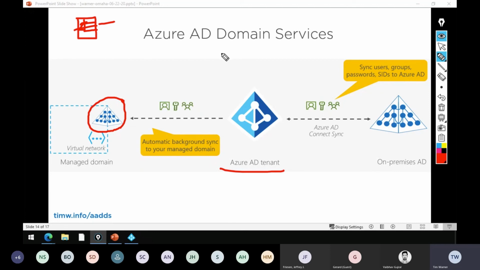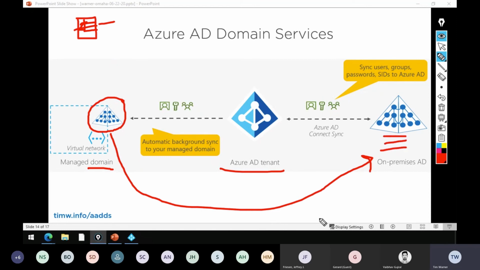If you need domain join and traditional group policy-based management, LDAP access, Kerberos NTLM authentication, this can do that even in a hybrid cloud environment. Another thing you can do with Azure AD Domain Services is establish your managed domain as a resource. I was going to say a resource forest, but you don't get access to the forest. It's called a managed domain. You don't get the ability to modify the schema, but you can create a one-way trust with your local Active Directory in order to give on-premises users access to resources that are available in Azure.